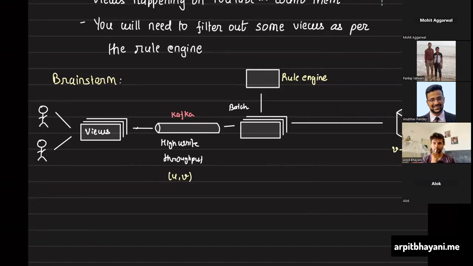Yes, here I'm assuming that my Kafka is partitioned based on video. In that case, that would be sufficient, because in that case I would be doing count plus plus in a single transaction. Batch updates, right? This is a very important point. Partition by video ID. In case it's there, then you can do here count plus equal to n.